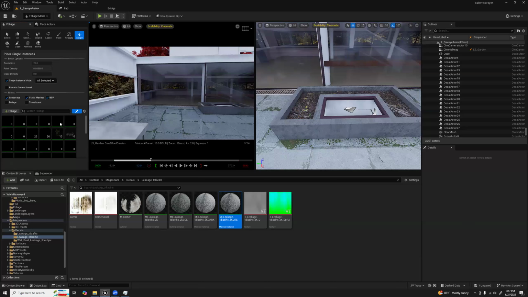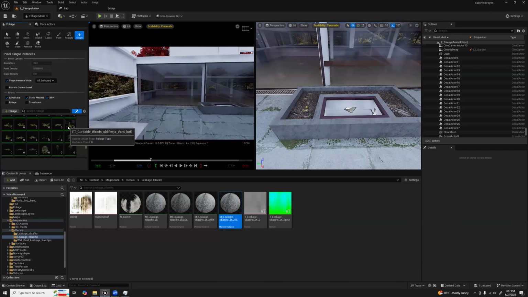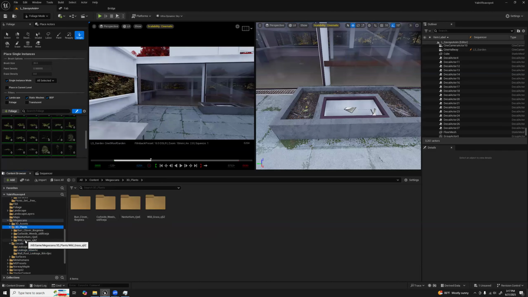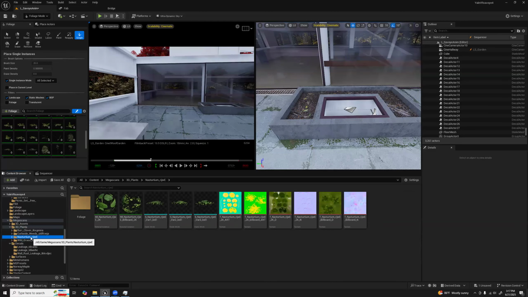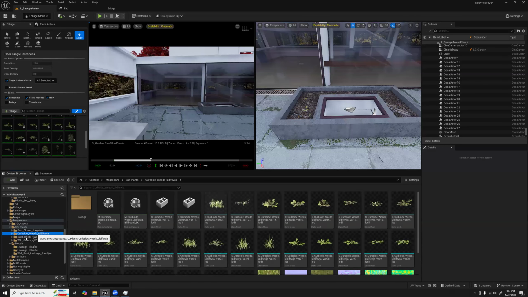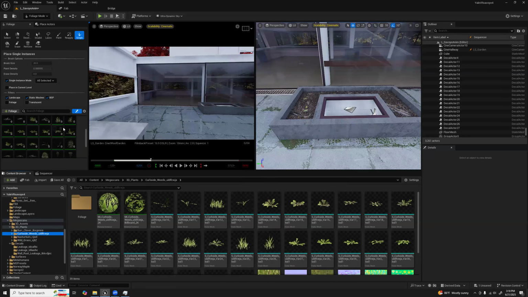foliage tool to start placing some single bits of greenery. I've got some weeds. These are all from Megascans. Here's some wild grass, nasturtium. These are almost like money plants. I don't know if you're familiar with those. There's curbside weeds. This one is quite good. So curbside weeds. And I'm going to pick